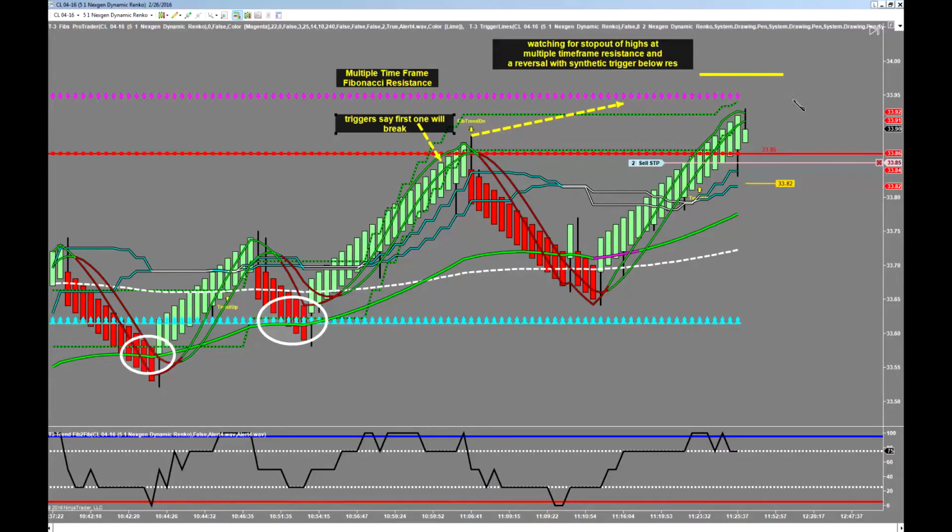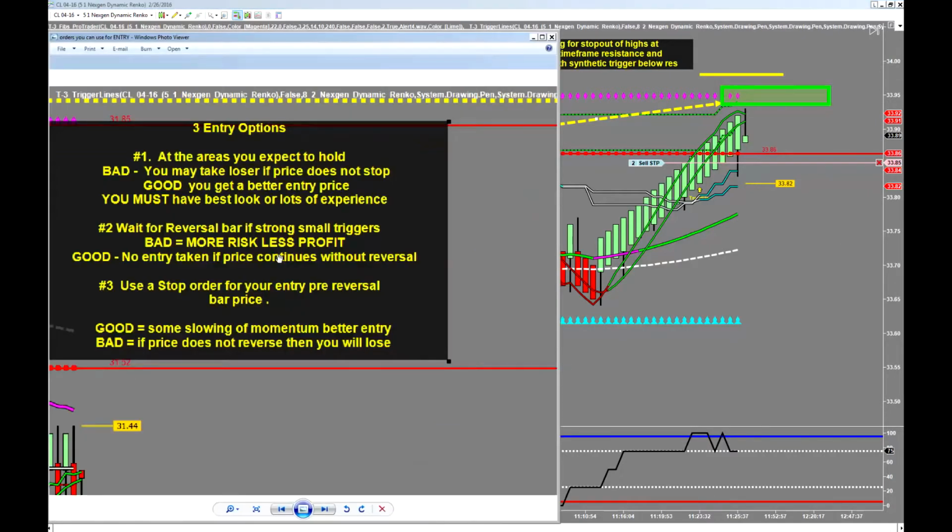and then the triggers can't get through the top end of that resistance, so we're really looking at right at this 94 area, right? If we fail without trigger lines taking out the top of the resistance window. This is a very common thing in most markets anyway, especially crude oil. They have a tendency to stop out the highs or lows by a little bit. And again, this is counter trend trading, and going back to the thought process for how do you enter, whether you enter at an area, whether you enter using a stop order, pre-reversal bar price,